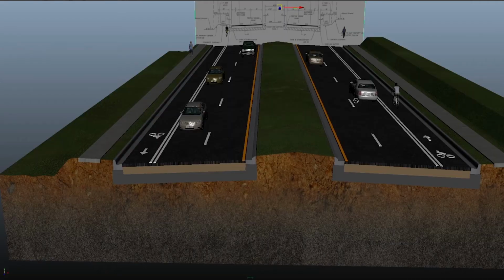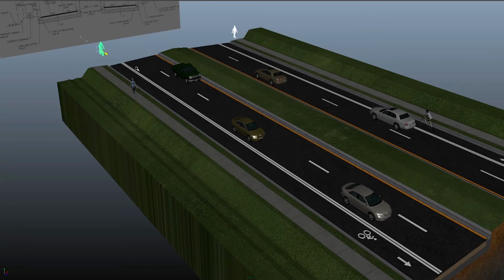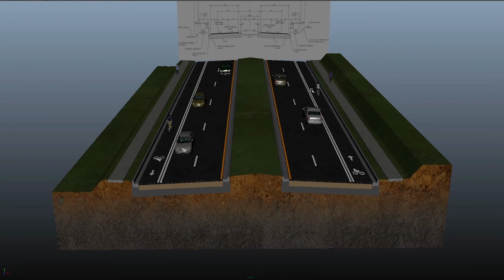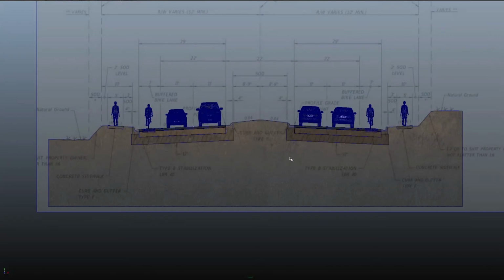So here we are. As you can see, some tweaking always needs to be done. So they were off the reservation there a little bit. So I'm just sliding them back on, and here you go. The next step, if it is requested, is to add dimensions. In the case that you need to provide the 3D typical with dimensions, I highly recommend doing this in your